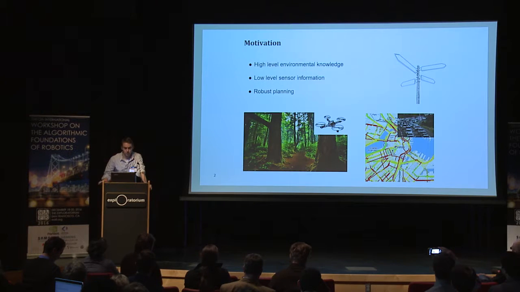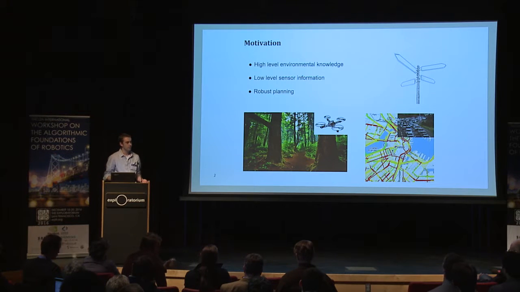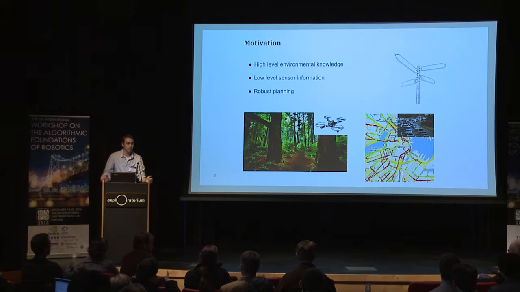So the high-level motivation that we were looking at here is trying to incorporate environmental knowledge with low-level sensor information. As you can imagine, a quadcopter flying in a forest has a LiDAR, and you get to use that sensor information to avoid obstacles, as we just saw in the talk. We can use that kind of local information, but what if we had high-level information as well, perhaps satellite data, to better plan through the forest and find paths through less dense areas and have a stronger and more robust